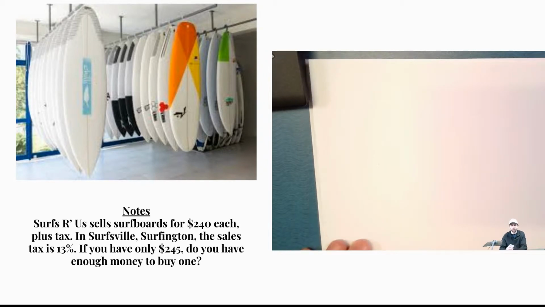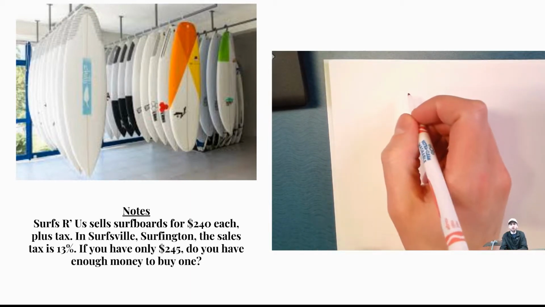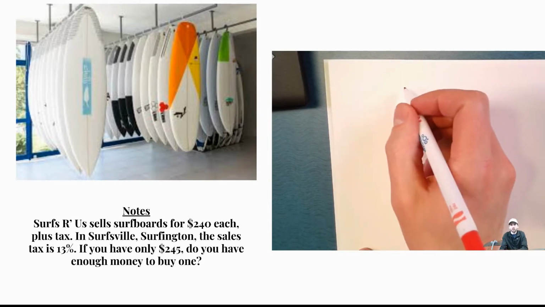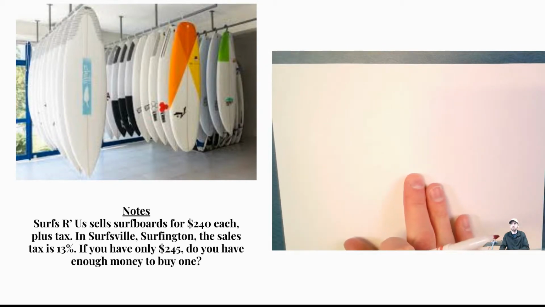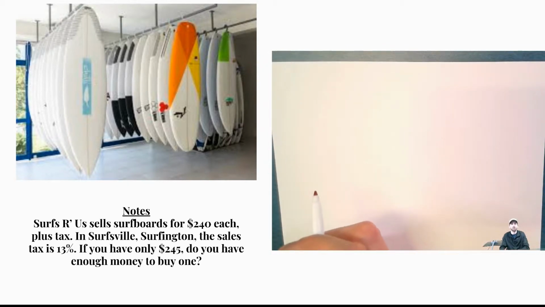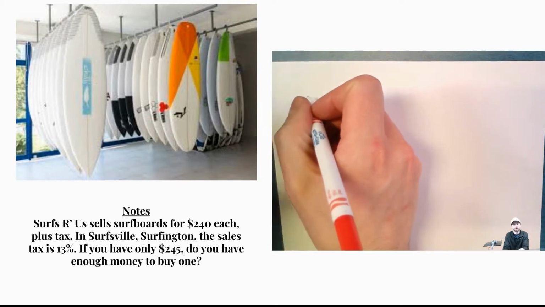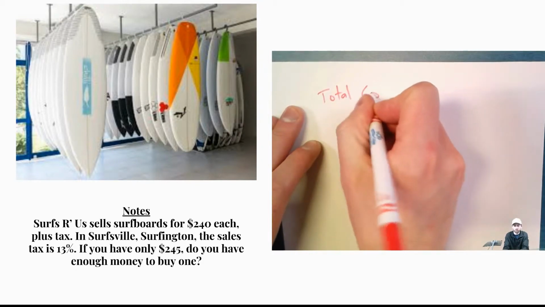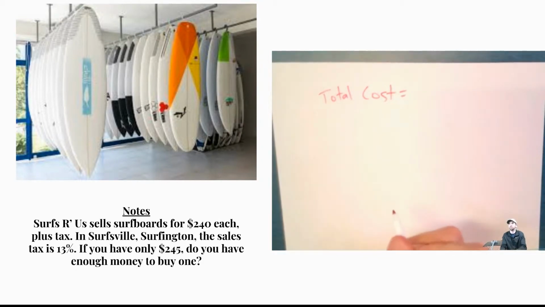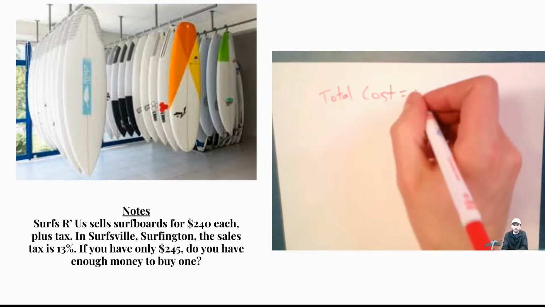Let's figure that out. Now, how we're going to do this is we need to find the total price. To find out the total cost of a surfboard, you are going to first need to, let's write this down. You've written down the question, so we want to find out the total cost. You are writing this down, please. So the total cost of the item is going to be the cost of your item